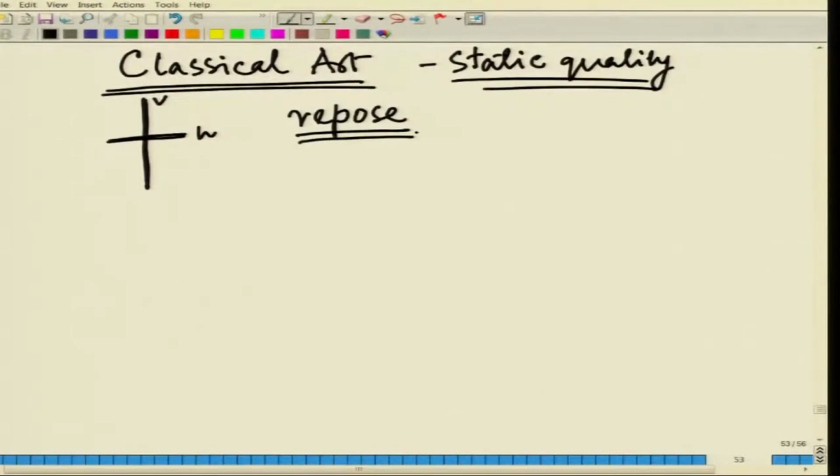So, a classical sculpture or a classical drawing will have certain elements that will put it in a stable manner. If this is the vertical formation and it also has a horizontal formation, a dynamic form will also come in a static formation. For example, if it is a dancing figure,